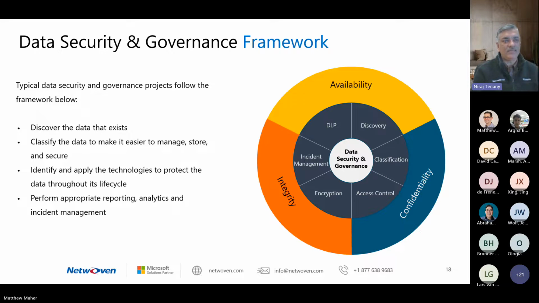Now, all this doesn't have to be implemented at the same time. It can mature over time as you execute your strategy. So we'll cover some of that. You may need multiple tools, and what we're going to show later in the presentation is how something like Microsoft Purview covers a lot of these things.